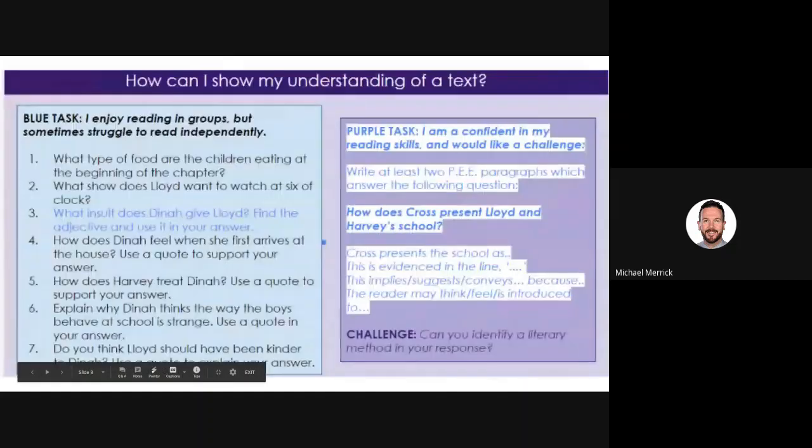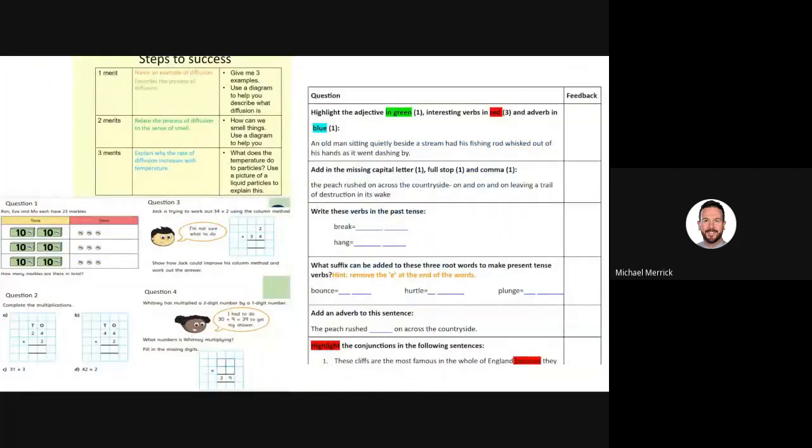So basically, in some cases, you may have the teacher who will set two differentiated tasks, and they may be separated onto separate pages where the students work on their own specific task, or indeed the students may decide which ones they want to work on. But what I've seen that's probably been more effective is actually the case here, where you have